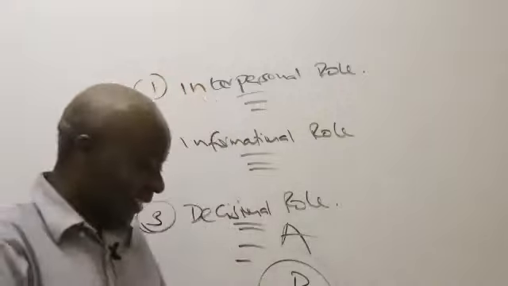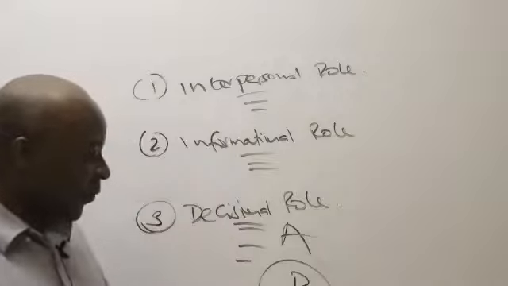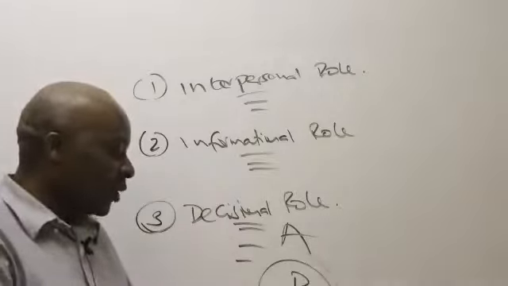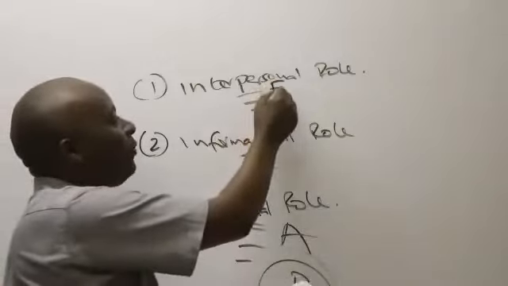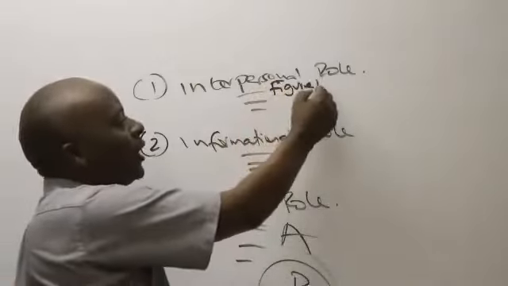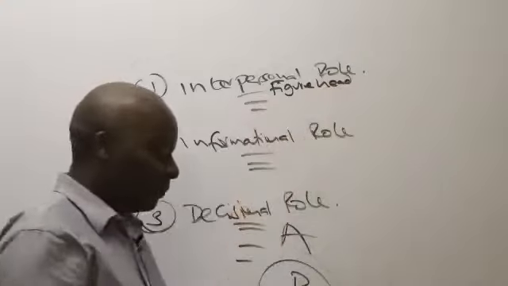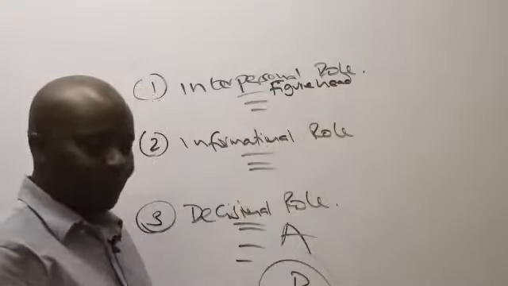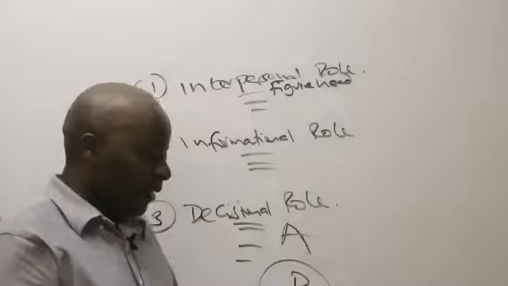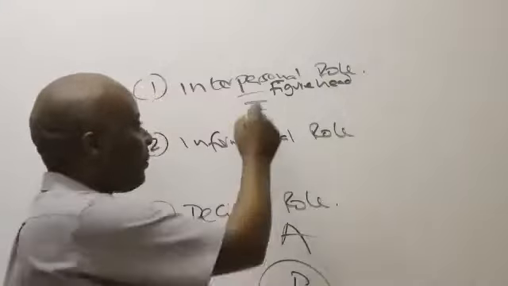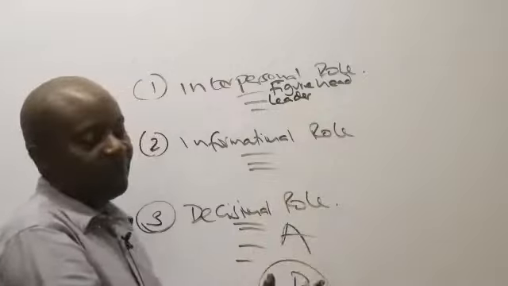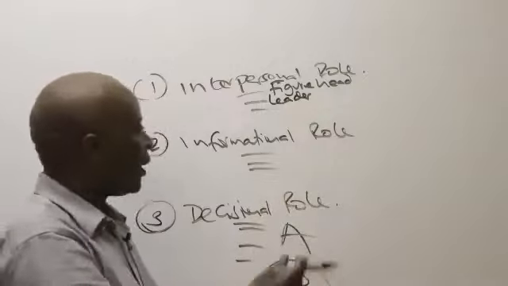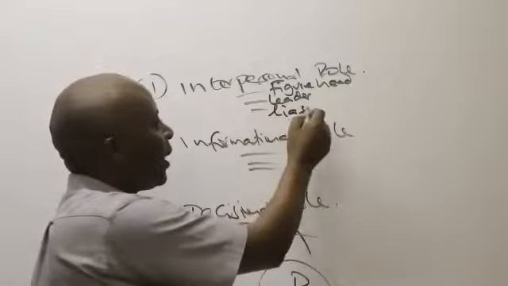So, we shall overcome. So, an interpersonal, tunaambiwa, a good leader has to be a great figurehead. Somebody who is respected by everybody in the company, right? A figurehead. Of course, in this case, interpersonal, you must be what here? You must be able to lead a team. People should be able to trust you. And then, of course, we have the concept of what here? Liaison